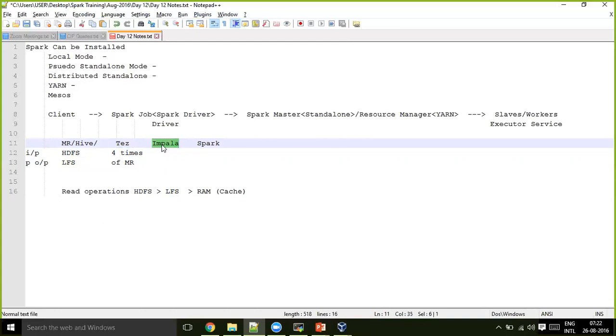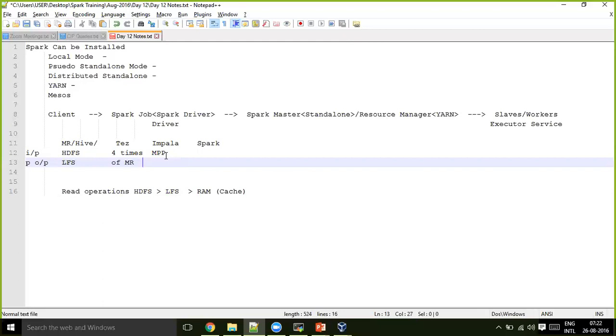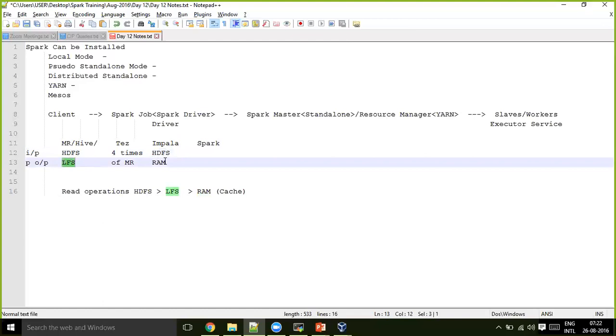Later came Impala. Even though it looks like a Hive competitor, underneath, Impala doesn't use MapReduce. It uses C++ and the MPP technique, massively parallel processing, where it stores the intermediate output in RAM memory.